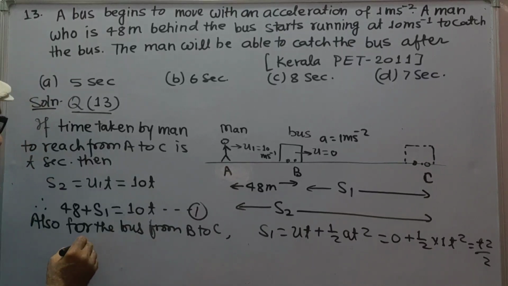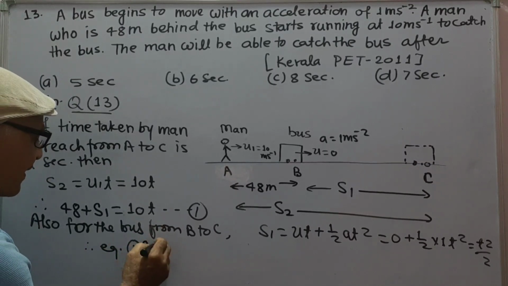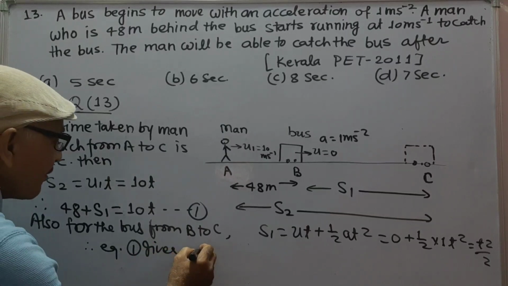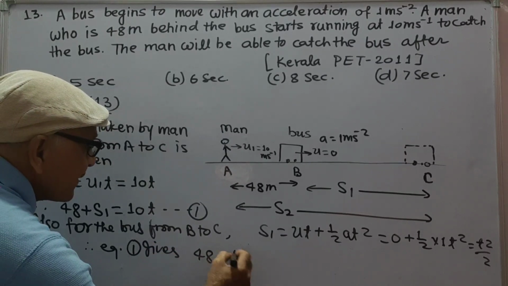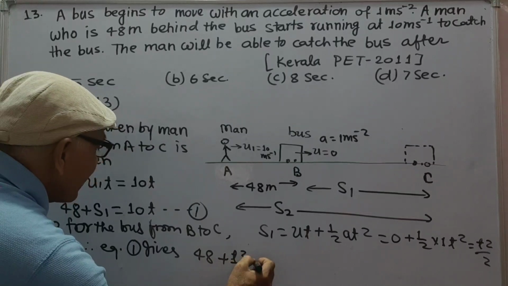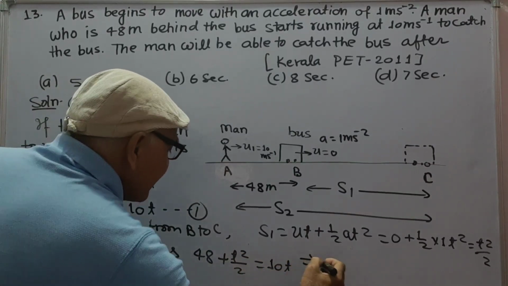So, equation 1 gives 48 plus t square by 2 is equal to 10t, which gives